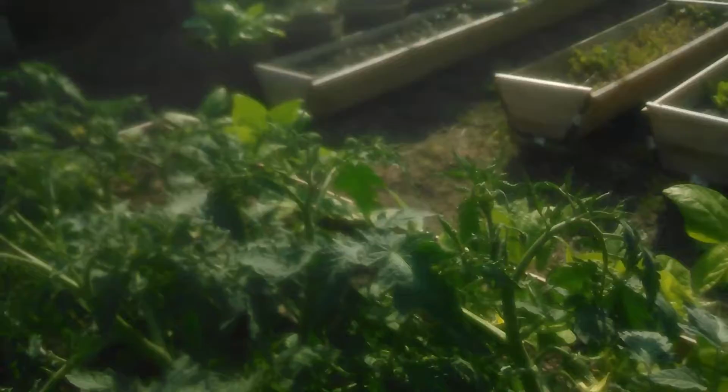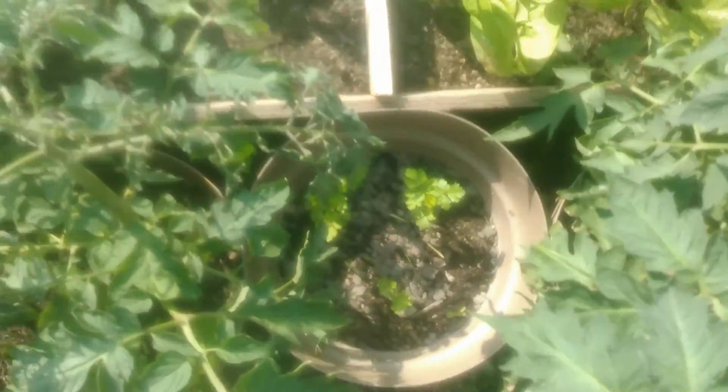Howdy, truth tubers. How you doing? Yep, container gardening. That's what I'm doing. And let's see what we got here. We got some tomatoes here, basil, and then we're going to continue on. Tomato, basil. Oh no, there's your Italian parsley right up in here. You see it? Italian parsley. More basil, more tomatoes,